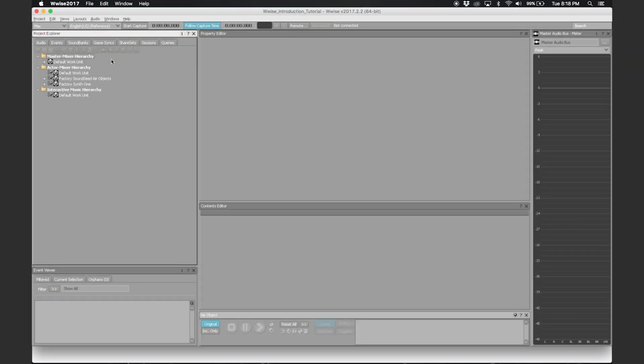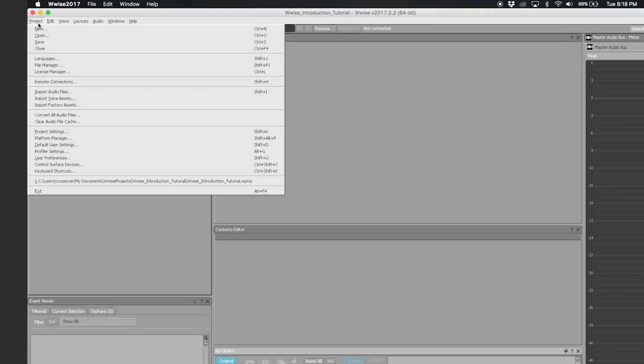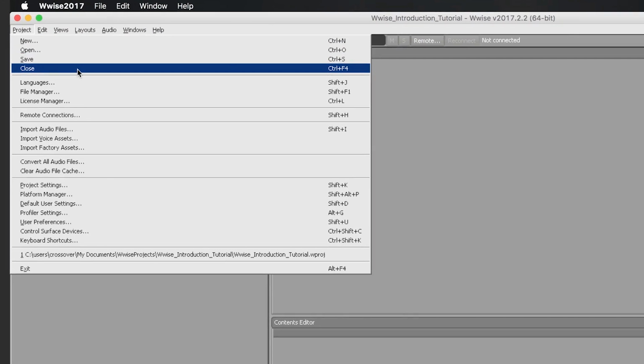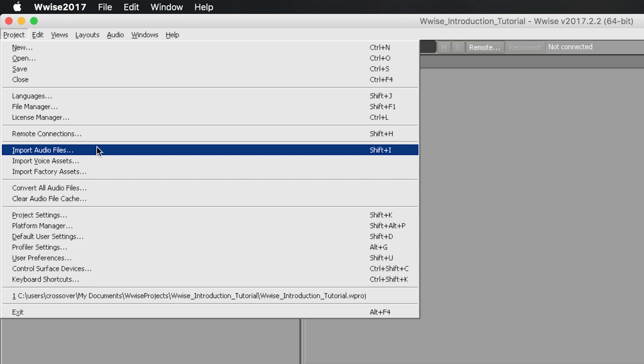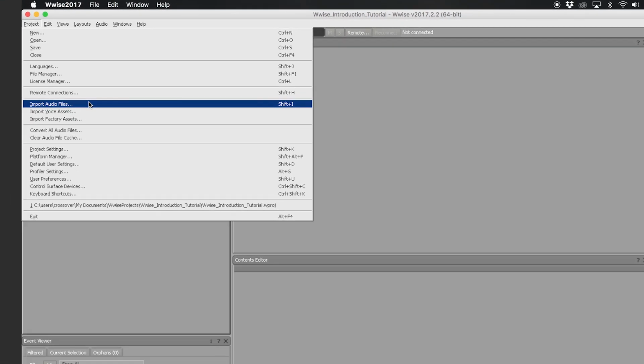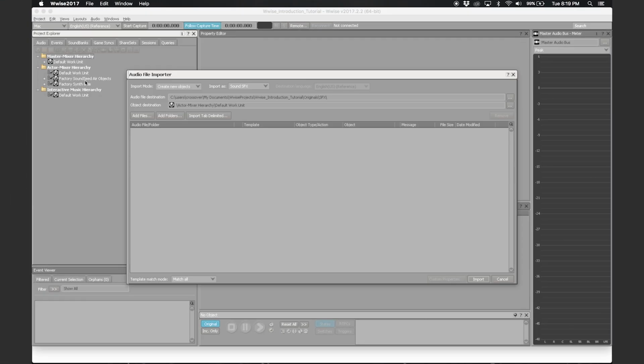So the Project Explorer is divided into 3 default hierarchies: the Master Mixer, Actor Mixer, and Interactive Music hierarchy. Within each is their own default work unit, which is essentially just an XML file that stores the settings of your Wwise project. For this tutorial, we'll be working only with the Actor Mixer hierarchy. To import an audio file, navigate to the toolbar and select Project, Import Audio Files, or even easier, key command Shift+I. The audio file importer box will appear,